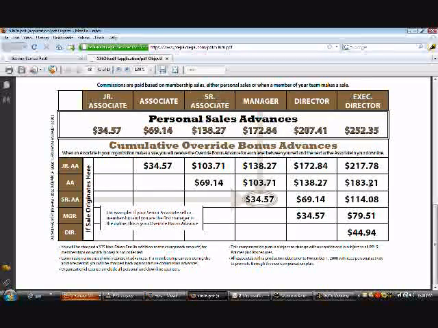So when you actually open up your new legs after you become an executive director, you're going to start capitalizing on all these things in between because you're higher than all the people until they become these other levels. So you're making all this override on associates, seniors, managers, and directors. So it becomes very, very powerful as you move along here. So you want to create the energy on your team, become executive director as quickly as possible, and then you want to open up new legs, and the power of the money starts to get really big.